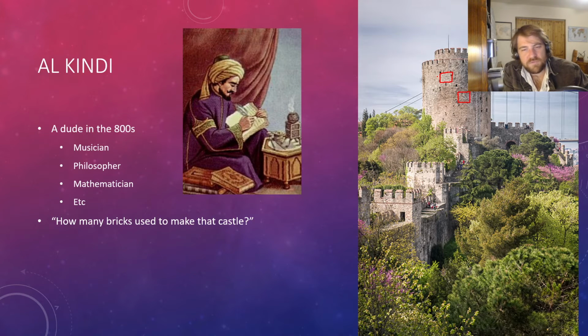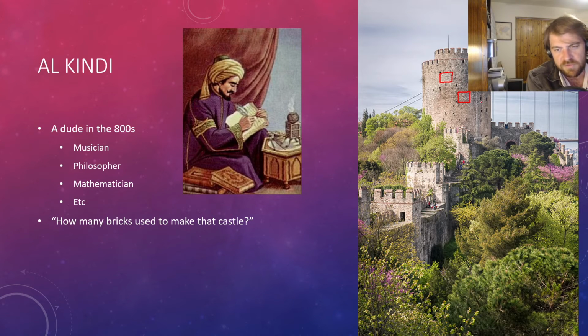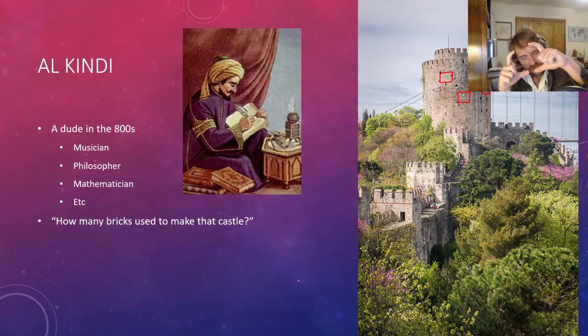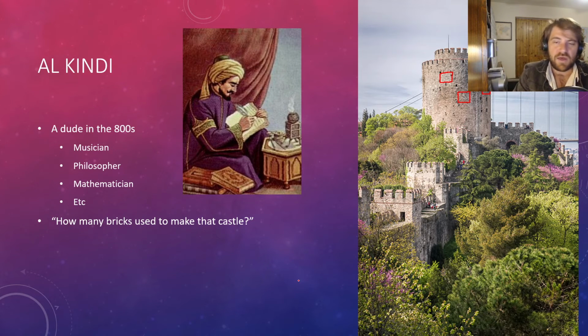So they look at a 3 foot by 3 foot square, and they count how many bricks are in it. They choose another spot on the castle, another 3 foot by 3 foot square. How many bricks are in that? Another 3 foot by 3 foot square. How many bricks are in that one? And they average those together. Then they figure out how many of these 3 foot by 3 foot squares would be in this entire castle, and then multiply that by the average number of bricks in the different squares that they've counted up, and that gave them a number of how many bricks should have been used to construct